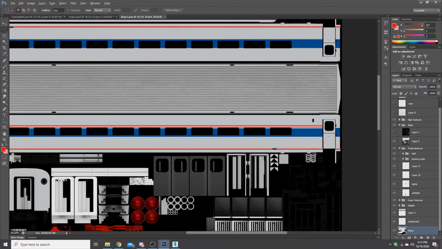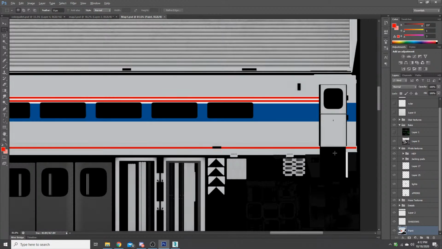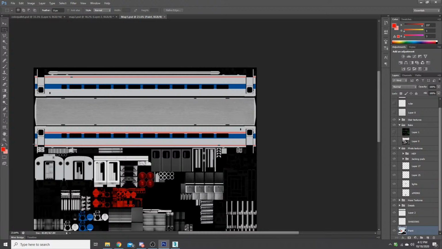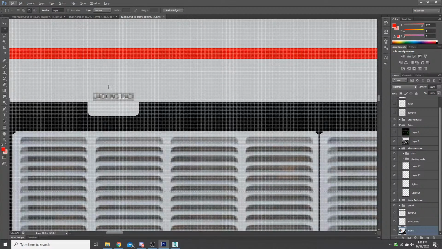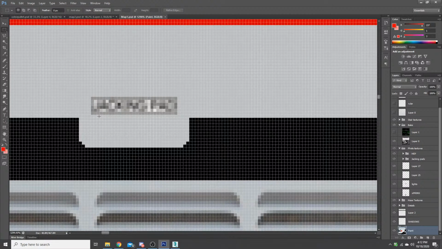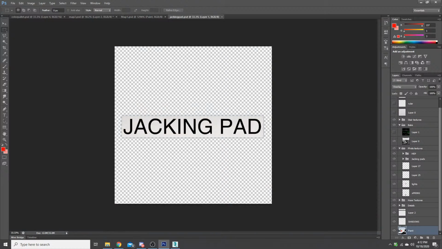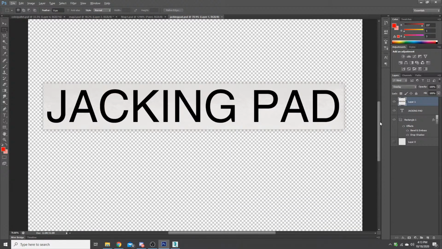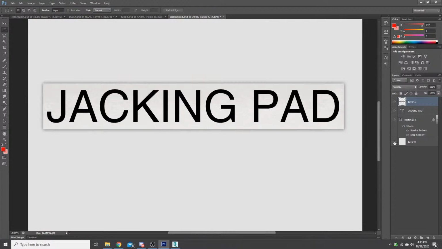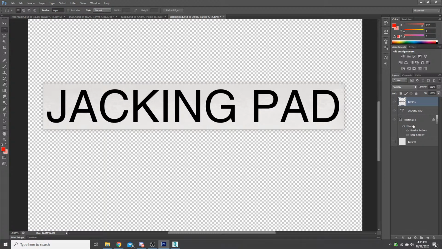If there's a better way of doing this, I could get this whole part a little bit larger. So here's the jacking pad textures, and the way that I made those is I didn't do photo texturing for that. Well, kinda. So I did a text, and I have a background layer that I use to get an idea of how this is going to work.